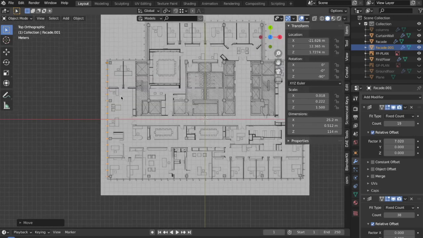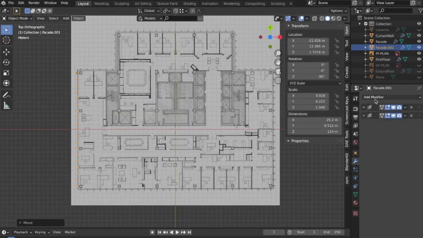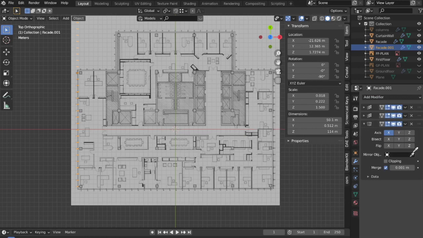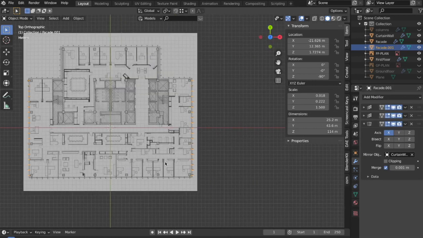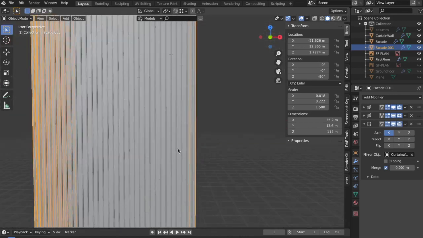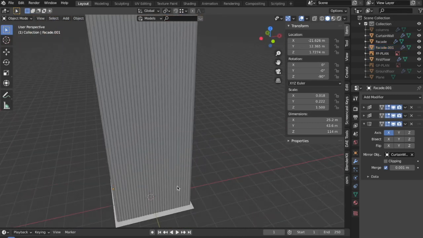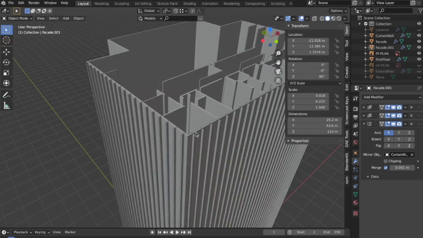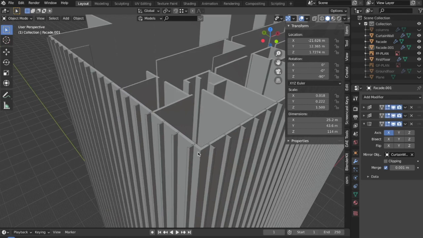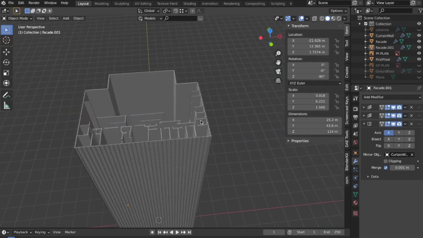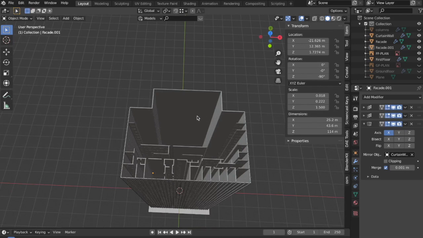So now that we have made this part, I'm going to use a mirror modifier on it, and over here I'll select the mirror object as the curtain wall in this case, and now you can see that we have this facade here as well. Now I'll go into the solid view and show what I'm trying to say. So you can see that this was the first facade that we made, which consisted of these sections. Then I copied it and rotated it 90 degrees on the Z axis, and I made this, and then I mirrored it over here, and I took the reference point as this glass curtain wall.